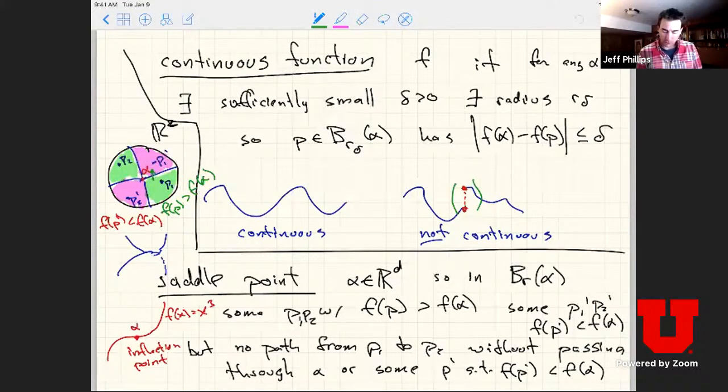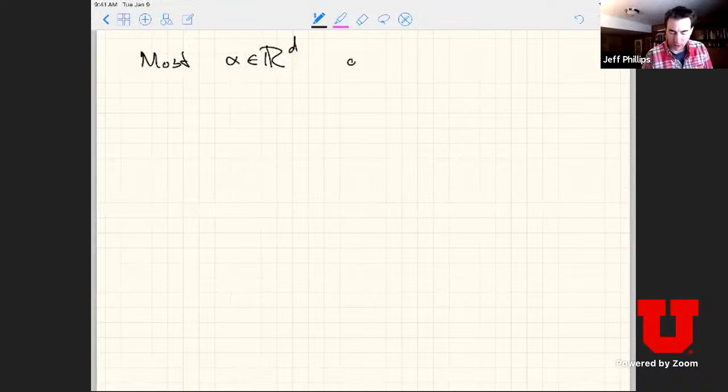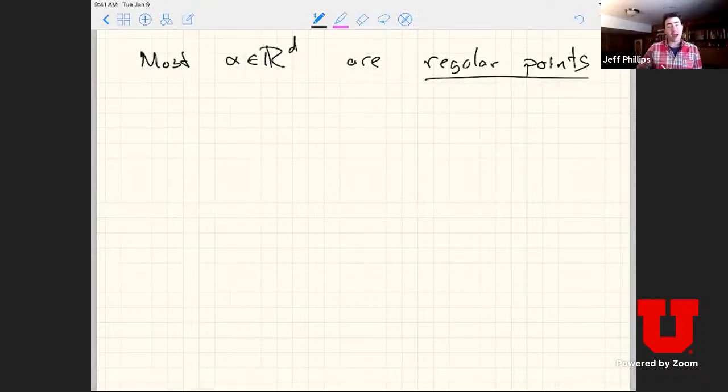Sure. So okay, good. So now that we've got all these nonsense points out of the way, we can talk about most points. Most alpha in R^D are these regular points. Okay, and you almost always assume you're at one of these regular points and don't worry about it. You often want to design a function so there are no saddle points, right? Or if there are saddle points, I can characterize them and I have a strategy if I'm at the saddle point. Okay, and a regular point is